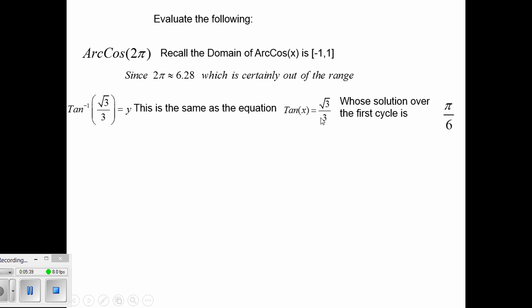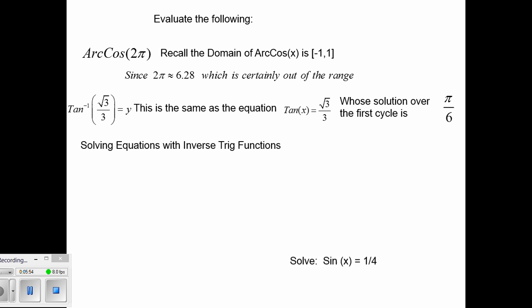But again, remember, we're only going over the first cycle because that's the limitation we put on the tangent when taking its inverse. So we're only taking the one solution, pi over 6. Okay? We're going to look at solving some equations which might call on us to use the calculator